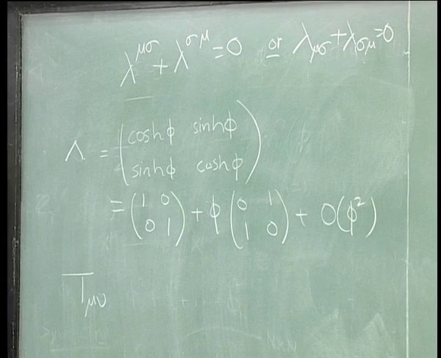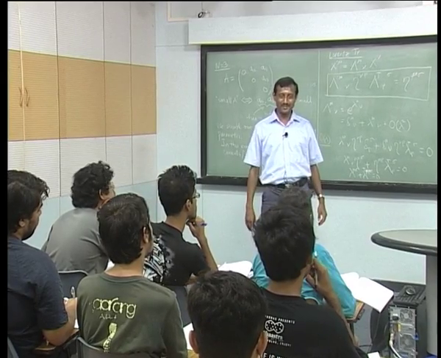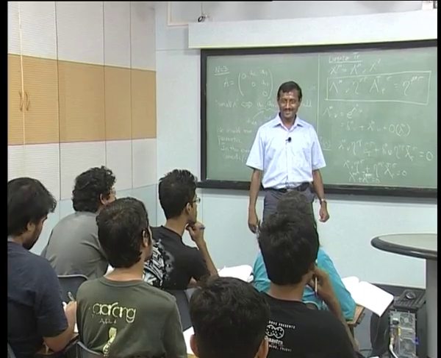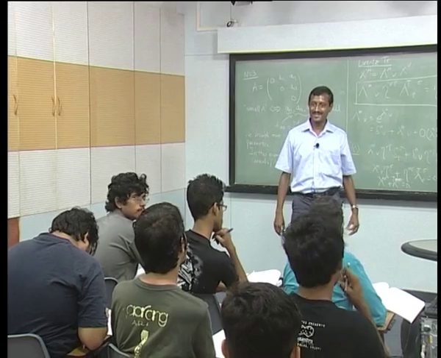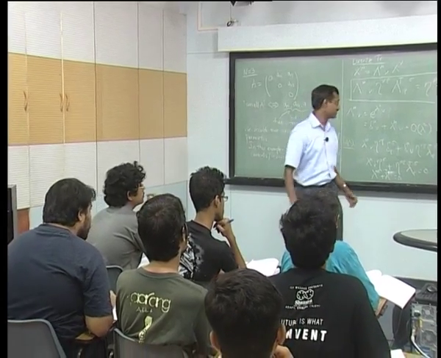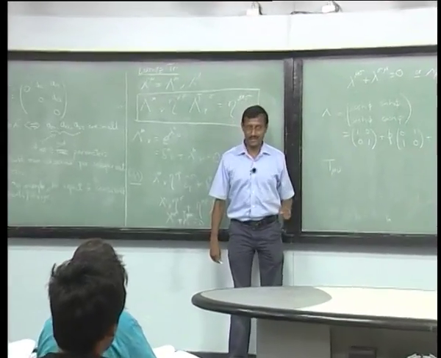What would you do if I asked you to trace T mu nu? So just say whatever, there is nothing about right or wrong, we will see. How about you? Exactly. So the natural thing you would have in mind is take the sum of the diagonal elements, but that